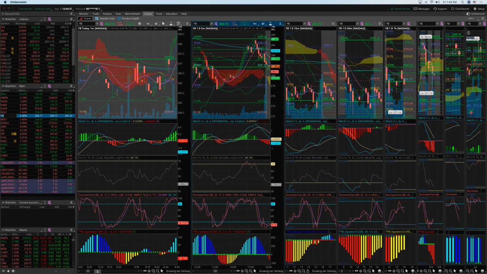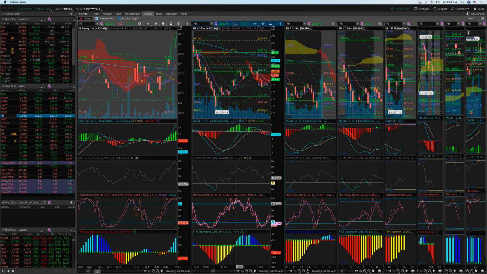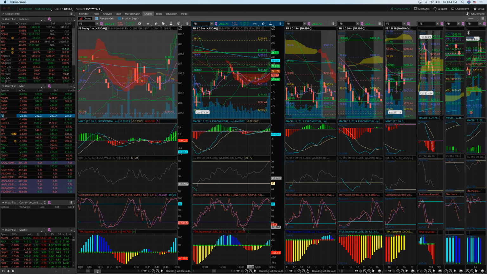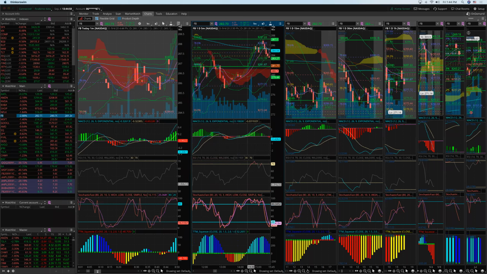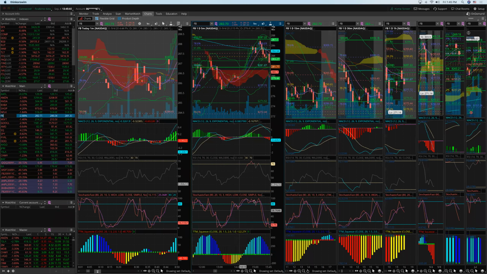Okay, there's a cross in the Stochastic. Here's the thing: Stochastic Fast bounces so much up and down, and if you trade quick in and out, it's one of the best to use. You can see here on the 5 min, you could have grabbed it here and sold it here, and same thing here, grab it here, sell it at some point here. But it goes up and down so much.